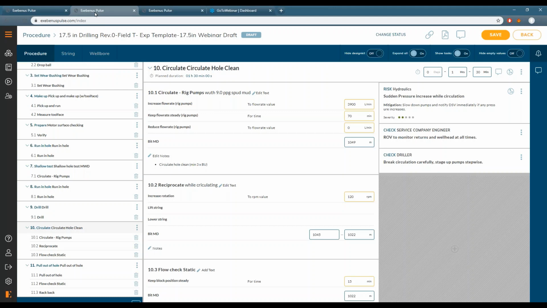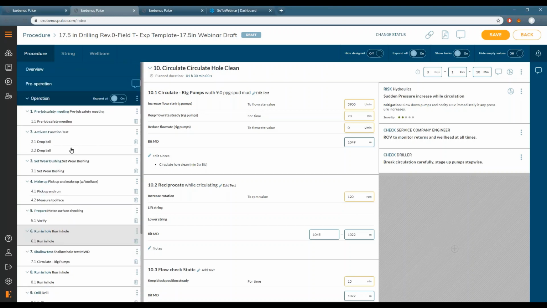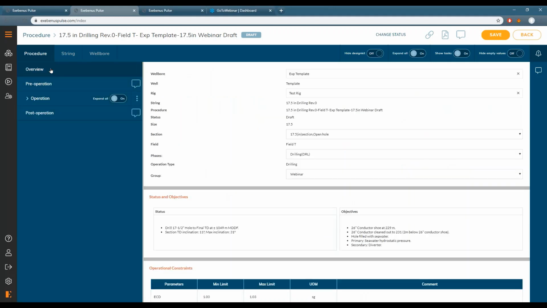The new procedure then built can be assigned to our upcoming well or operations. So for this demonstration, we will start with the left side of this page view and make our way into further details of procedure page view. I'll start with the overview tab where the user assigns general information populated in a procedure header like wellbore, rig, section,